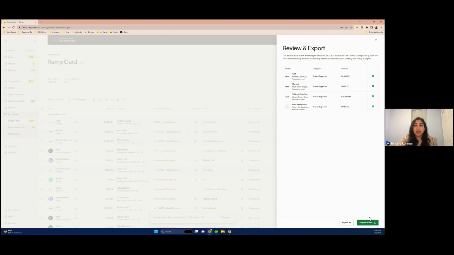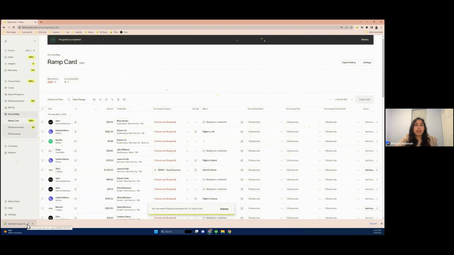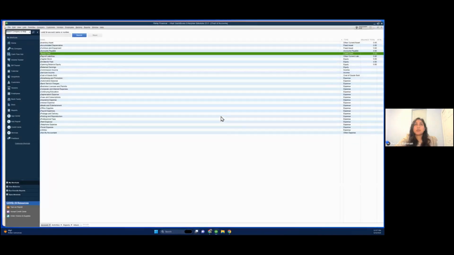So as an example, let's go ahead and export these 4 transactions as an IIF file. So now we have it saved in our downloads. You'll also get nice little confetti once you go ahead and make your first export. So in order to upload those transactions into QuickBooks Desktop after we've exported them as an IIF file, we can go ahead and go back to QuickBooks Desktop,